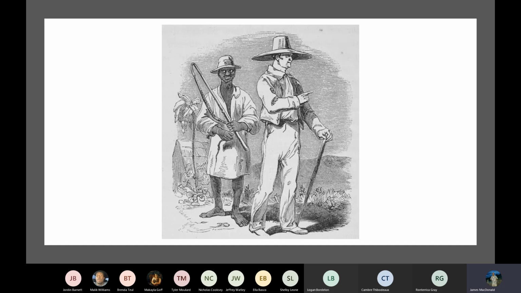Solomon Northup described what would happen working in the field. Quote, during all these hoeings, the overseer or driver follows the slaves on horseback with a whip. The fastest hoer takes the lead row. He is usually about a rod in advance of his companions. If one of them passes him, he is whipped. If one falls behind or is a moment idle, he is whipped, unquote. That's Northup's account of working in a gang system on a cotton plantation.